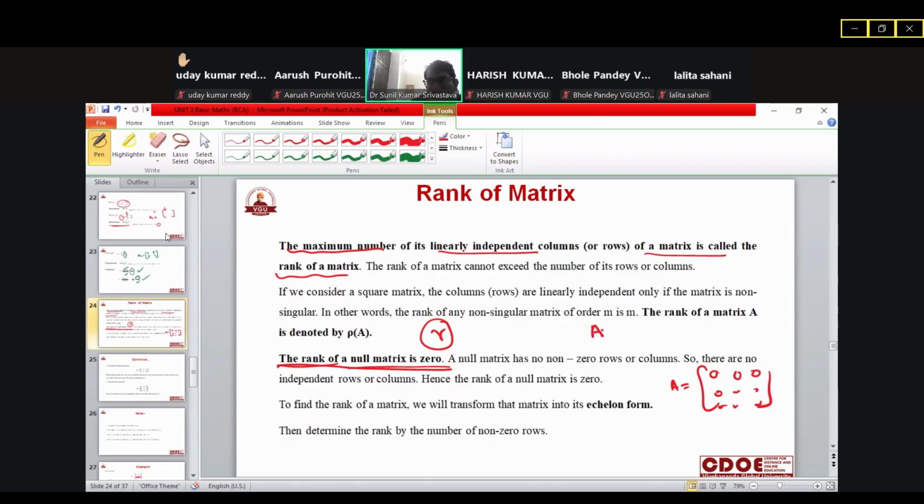रैंक ऑफ मैट्रिक्स ए, अगर कोई मैट्रिक्स ए है, इसका रैंक अगर आपको दिखाना है, तो रैंक ऑफ मैट्रिक्स हम ऐसे नोट करते हैं, ρA, रो ए पढ़ते हैं। रो ए मतलब रैंक ऑफ द मैट्रिक्स। तो टू फाइंड रैंक ऑफ द मैट्रिक्स, you have to transform the matrix into the echelon form। इकोलॉन फॉर्म का मतलब ये होता है कि कोई मैट्रिक्स अगर हमारे पास है, इसके डायगोनल के नीचे जो एलिमेंट्स हैं वो लगभग सारे जीरो होते हैं।